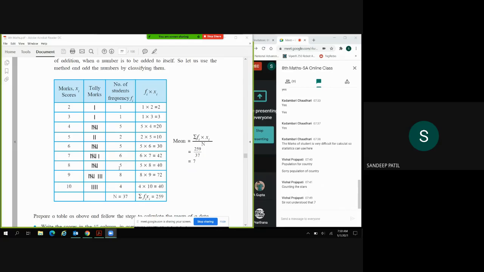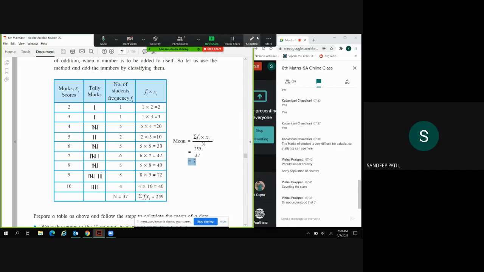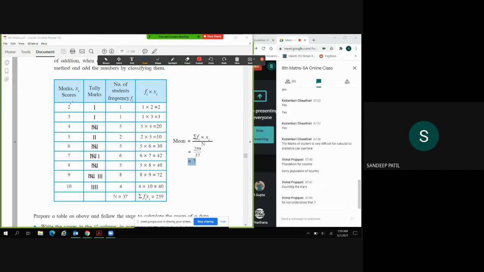So there is question like not understood that 7. So 7 is a mean, right? So जैसे बहुत सारे मार्क्स है लाइक 2 3 4 5 6 7 8 9 10. तो एवरेज जो भी क्लास का एवरेज है वो अराउंड 7 है। ओके, मतलब